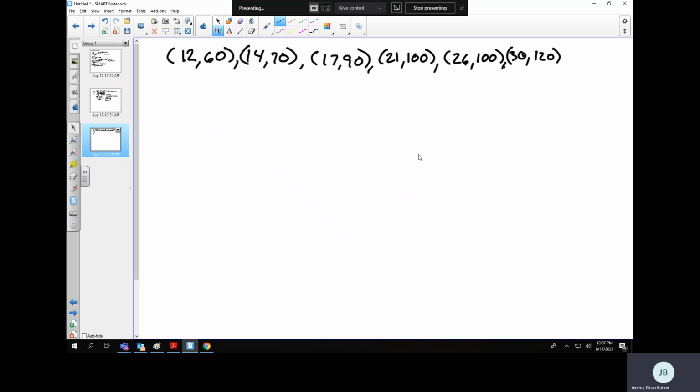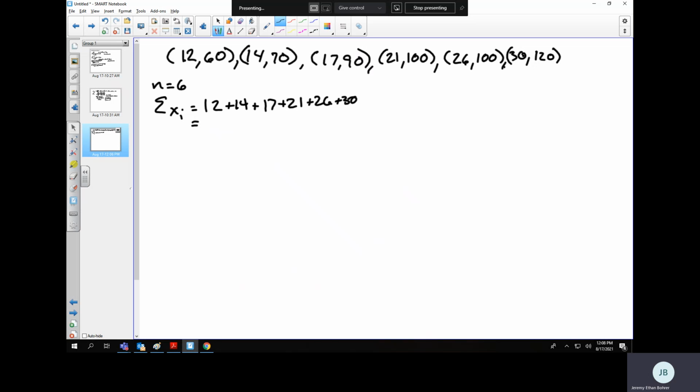Okay, so let's find all of those bits of information we need. We need n. N is 6. We need the sum of the xi's, which is going to be 12 plus 14 plus 17 plus 21 plus 26 plus 30. Okay, and when I add those all up, I get